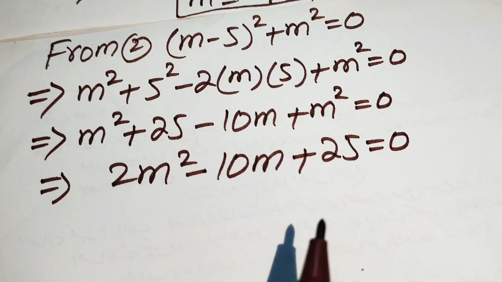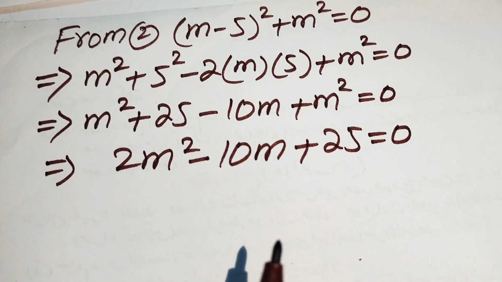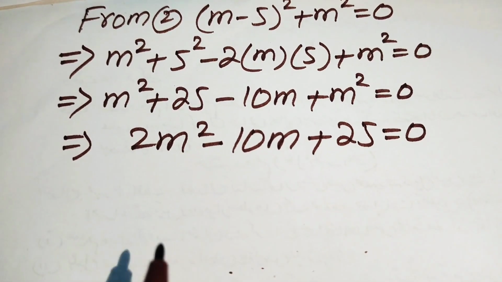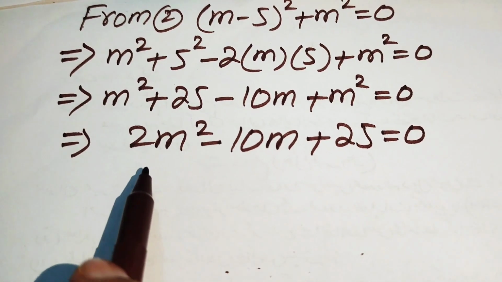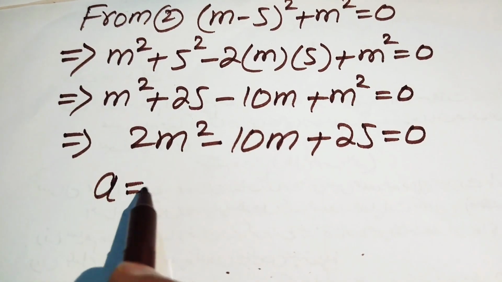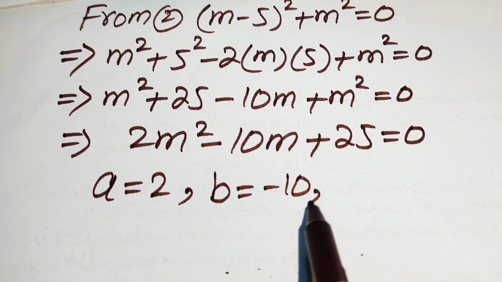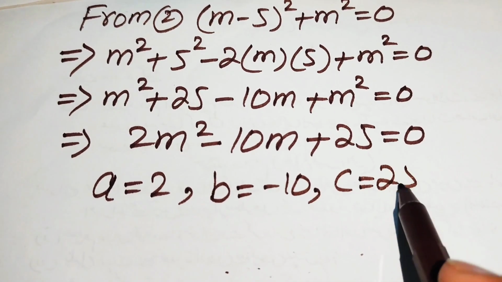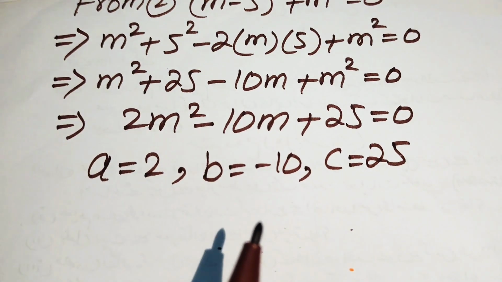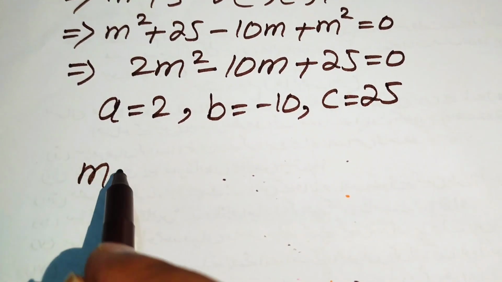So now we solve this quadratic equation and we easily find the values of m. Here we need to use the quadratic formula in order to solve this equation. So first we write the coefficients of this equation, and its coefficients are a equals to 2, b equals to minus 10 and c equals to 25. So these are the coefficients of the given equation, and now we write the quadratic formula, which is m equals